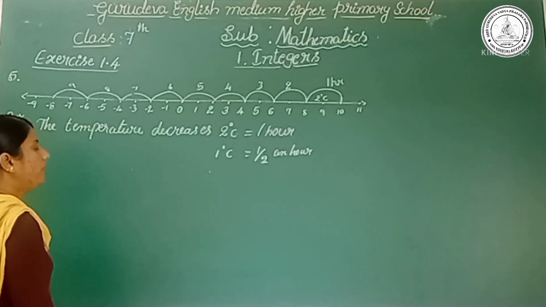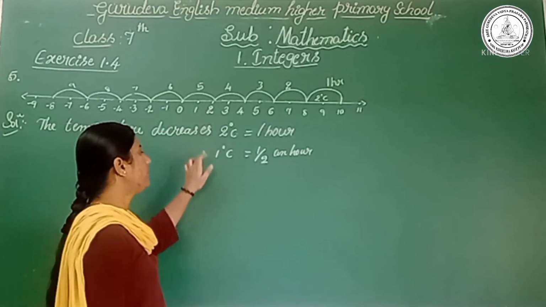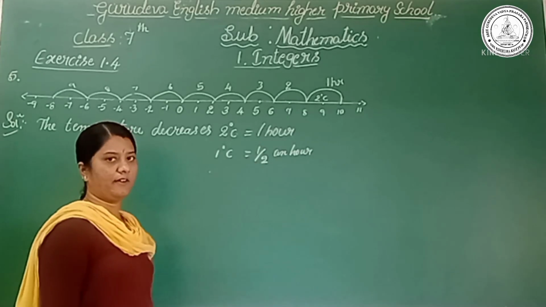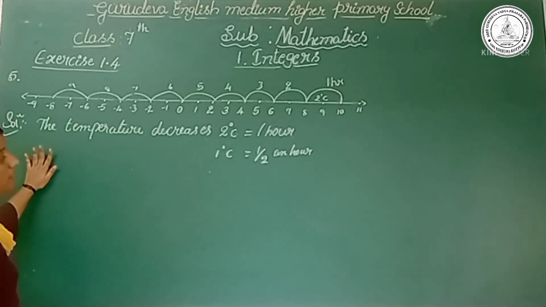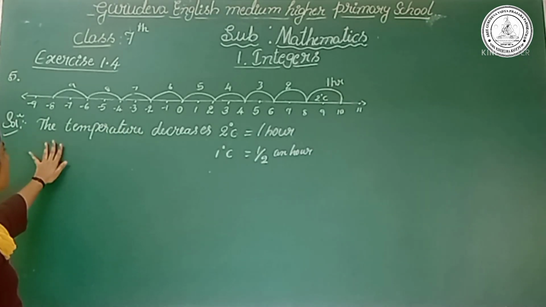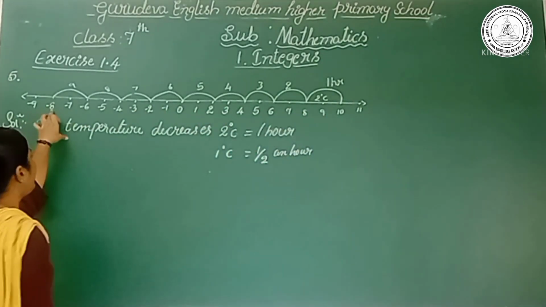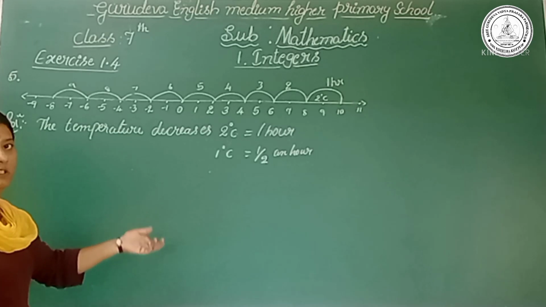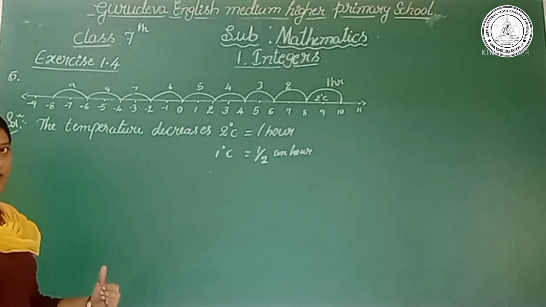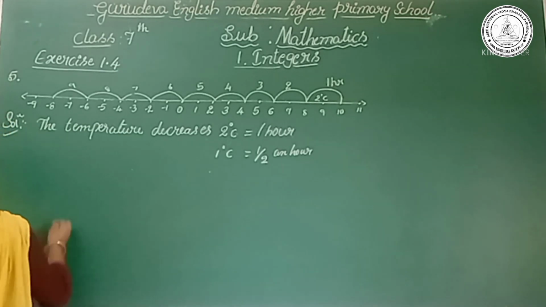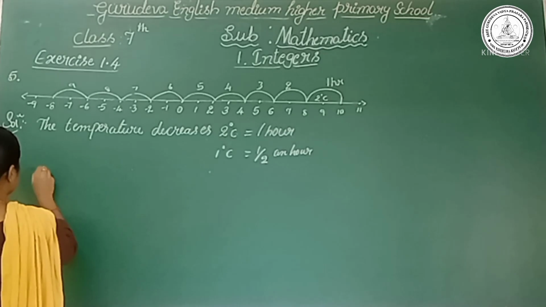Right? So for 1 hour, 2 degrees Celsius; for half an hour, 1 degree Celsius. So how many degrees has the temperature decreased? Here from 10 to minus 8 means it is 18 degrees Celsius it has decreased. Right? Then write down here the temperature decreases